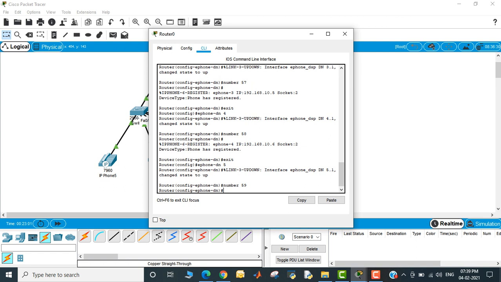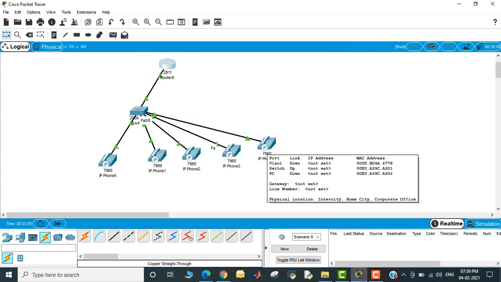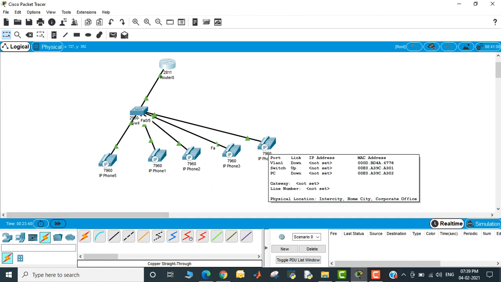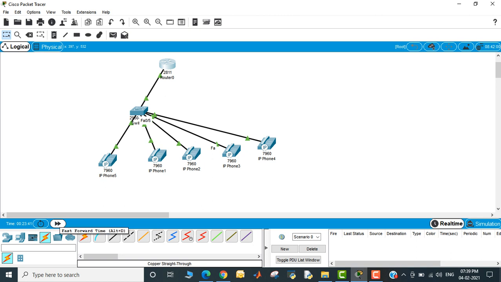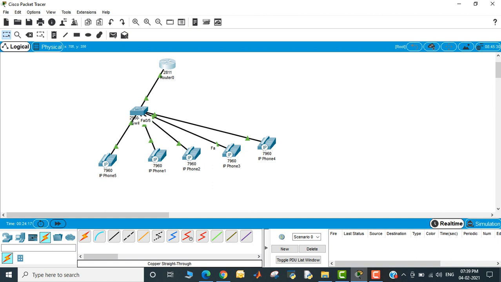Don't worry, it will take time, and after that it will establish. Okay, not set yet, it will take time. What is the problem? I don't know. It will take time.